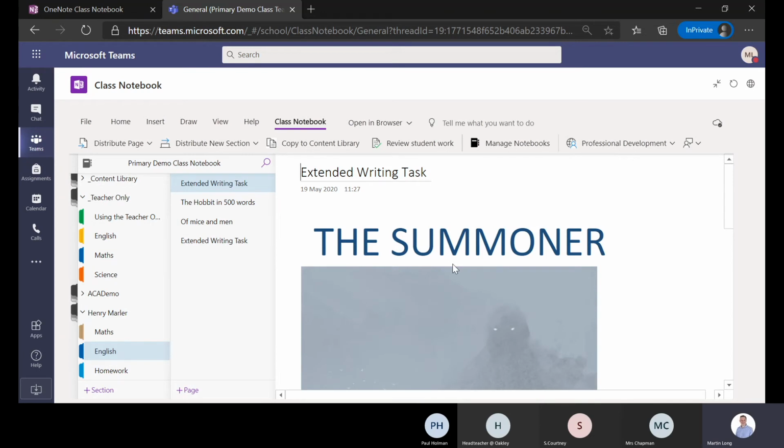But the benefits to the whole school, or the benefits to the trust, would be if somebody's already done this and they've created their pages in their OneNote, they aren't just ring-fenced to that one teacher or that one subject. And if you've got an amazing example of good practice in the science department of one secondary school, and you've got a couple of other secondary schools, maybe you've struggled to recruit, it's been unfortunate, you've got somebody off on long-term illness and they're not there to give the stability they always have,